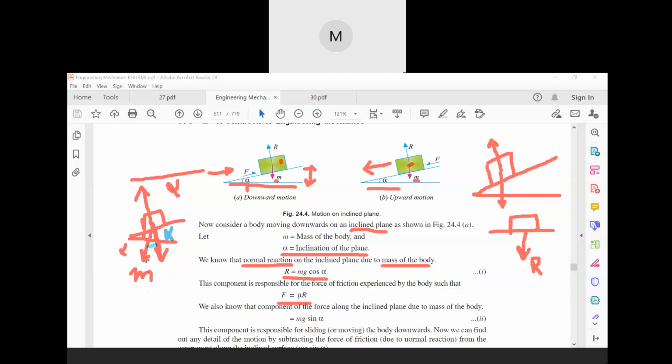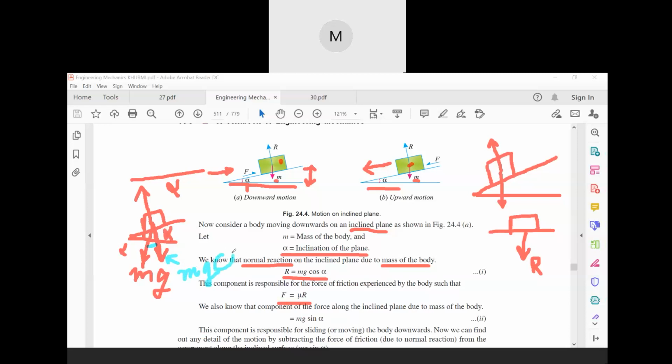Now this is coming downwards, so this is mg. Why mg? Because of acceleration due to gravity. Now this angle is alpha. Since this angle is alpha, for this arrow, it will be what? Now this is the cos theta component, mg